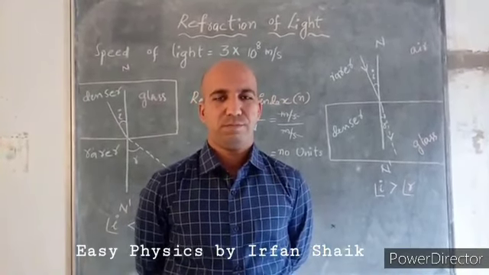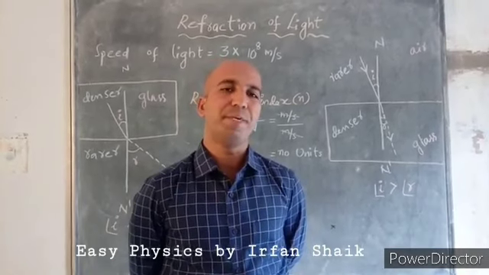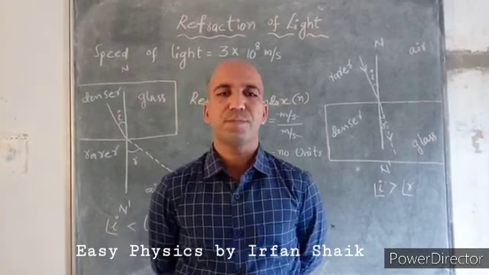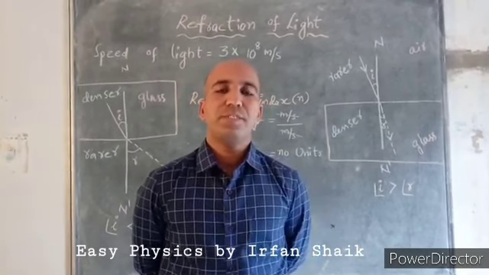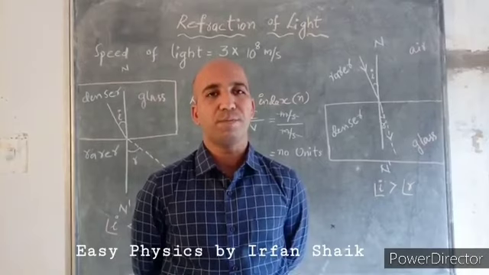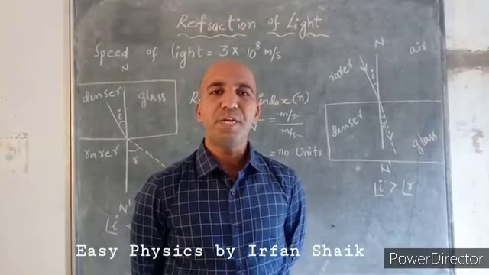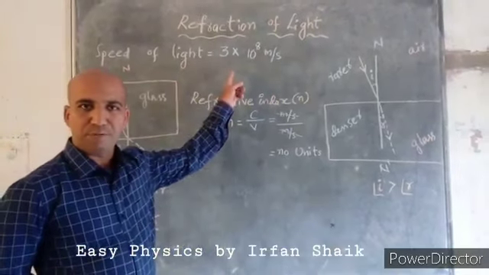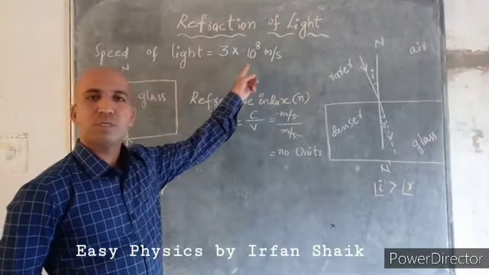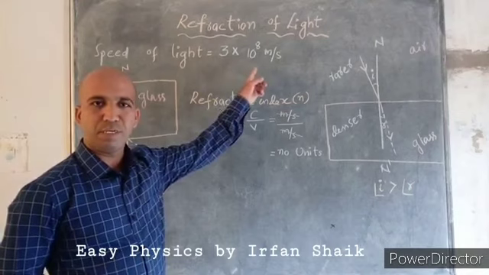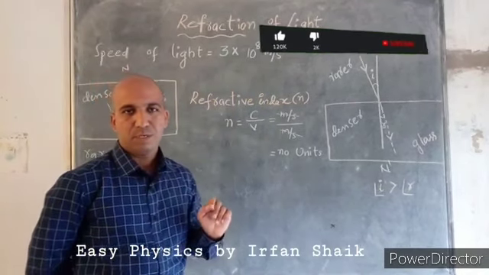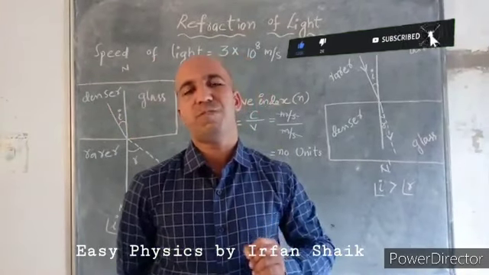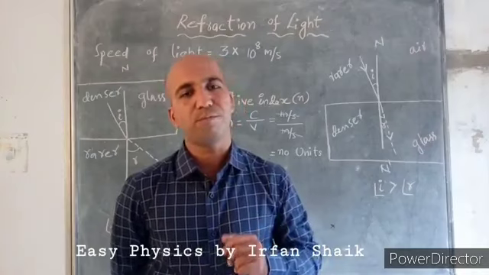What is refraction? When we observe this phenomenon, let us try to understand this quality of light. See, the light travels from one medium to another medium. What is the speed of light in vacuum? The speed of light in vacuum is 3 times 10 to the power of 8 meters per second. That means around 3 lakh kilometers per second. With this much speed, the light travels in vacuum.